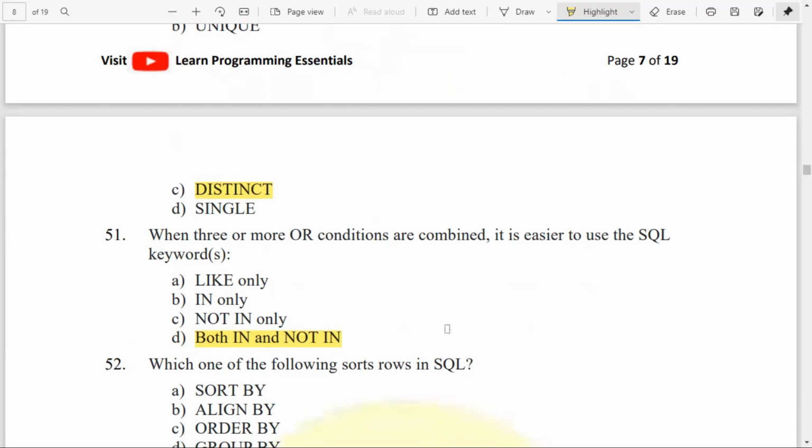For example, if you have a table which has a column marks, and you want to display the details of the students whose marks are 90, 85 and 67, how will we write it?